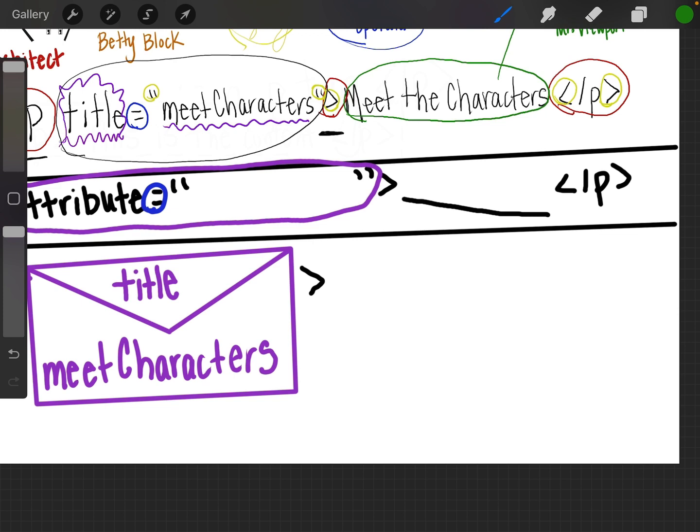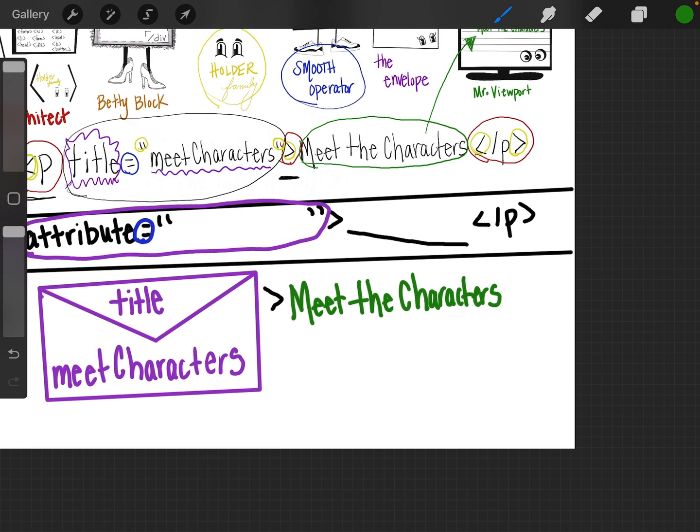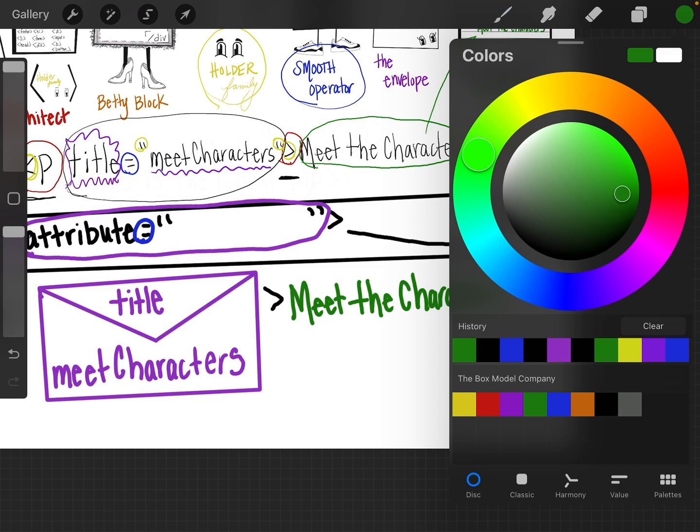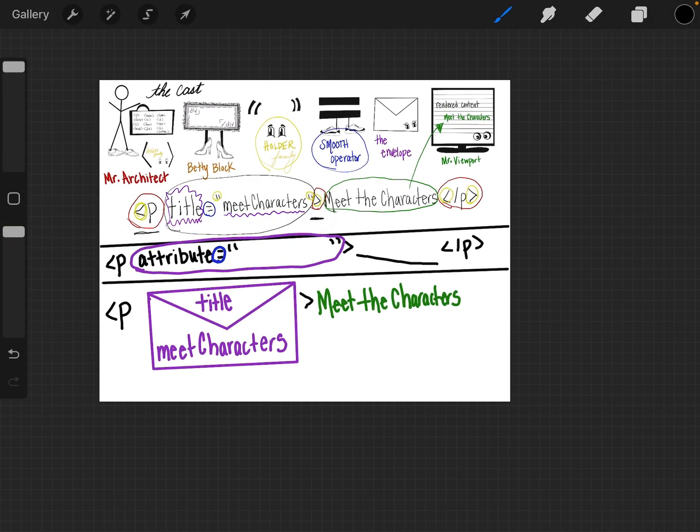So say I want to put the title "Meet the Characters." Okay, that's the part that Mr. Viewport is going to see, and he's going to be so proud of the work that we have been doing with this code. And then I'm going to switch black to black so that I can close up this P tag. Okay, this helped me understand why I wasn't getting things to render on the viewport,